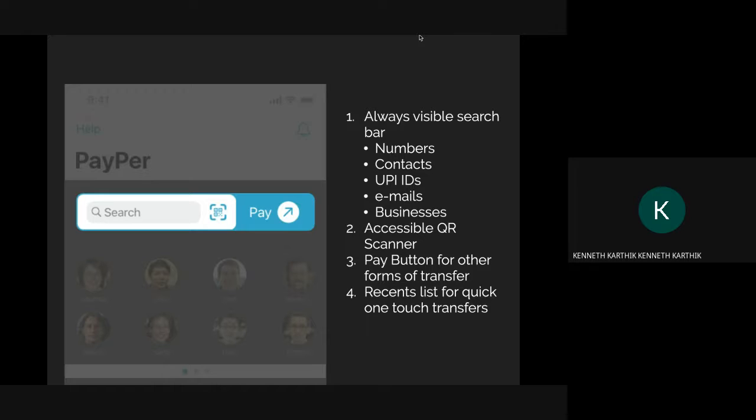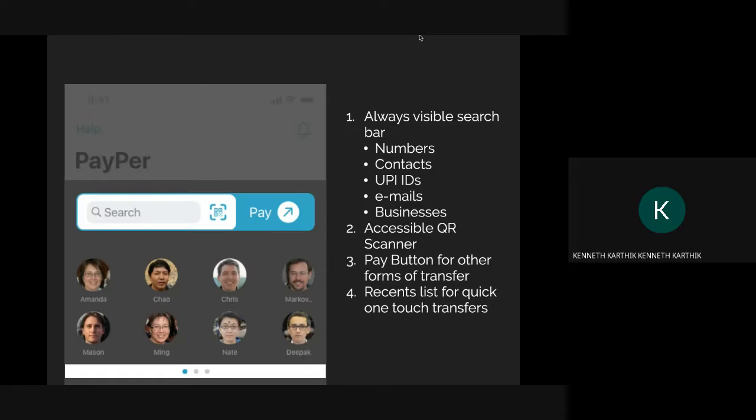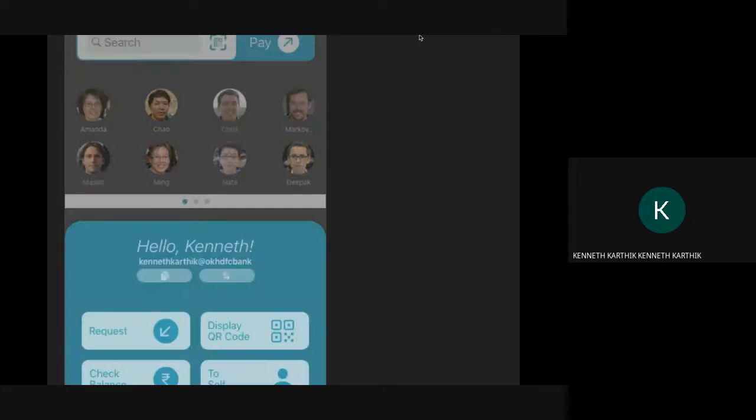It can easily identify what is what and then search accordingly. And then an accessible QR scanner, which I just mentioned, and a pay button to go to the pay screen immediately. And then there's a recent list for one-touch transfer. You can just open the chat directly and start a payment immediately. So that was one working area.